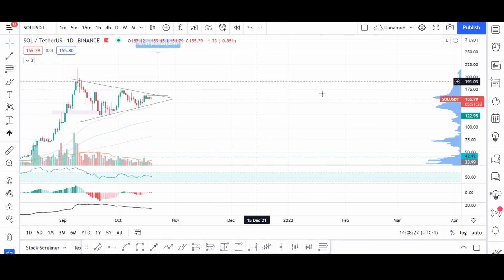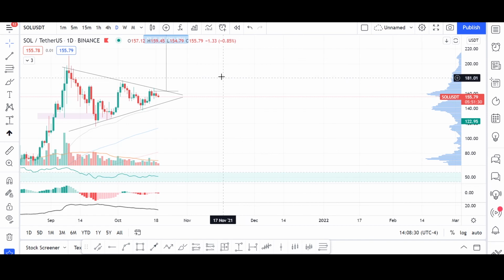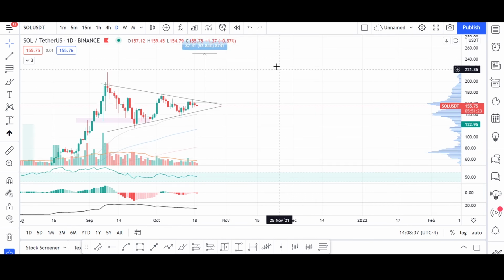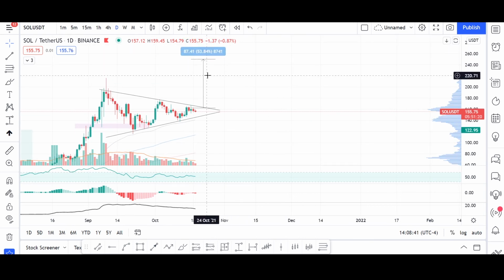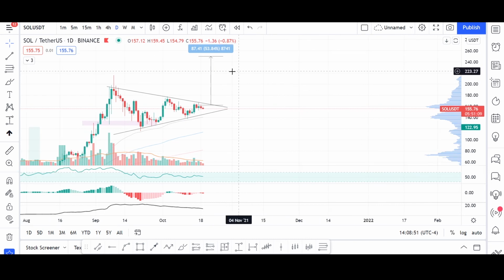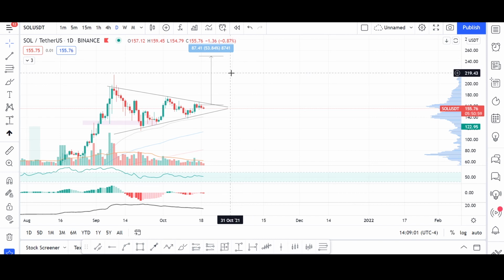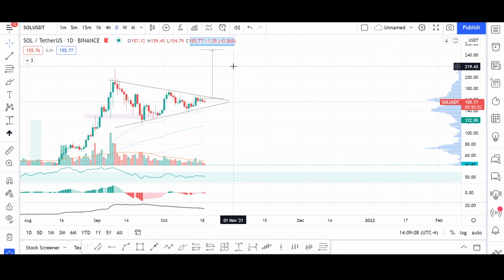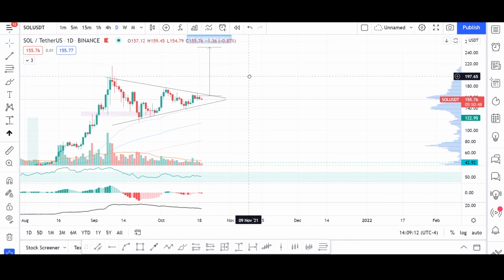So just remember, right now there is a decisive point for Solana, and Solana is definitely watching what Bitcoin will do in the coming days, because it's just approaching an all-time high. If we make a very abrupt move to the upside on Bitcoin, definitely the whole altcoin space will suffer, because it's a normal rule that when Bitcoin is spiking to the upside, the whole altcoin space is suffering, and in reverse. So right now Solana is possibly a very important crypto to watch,